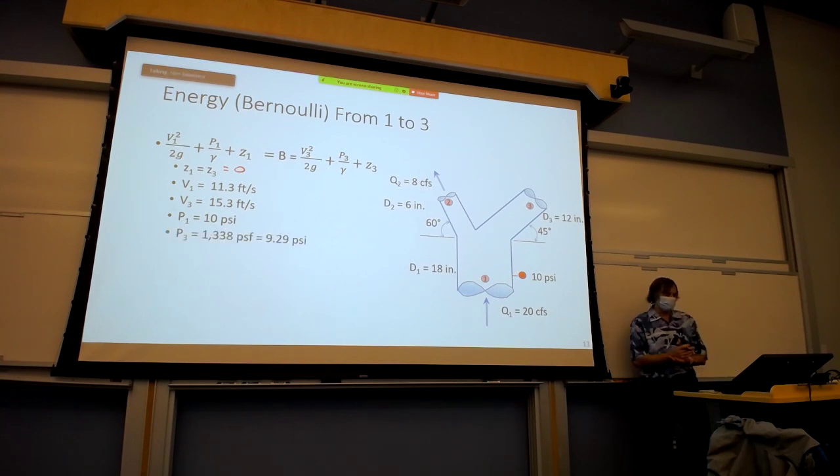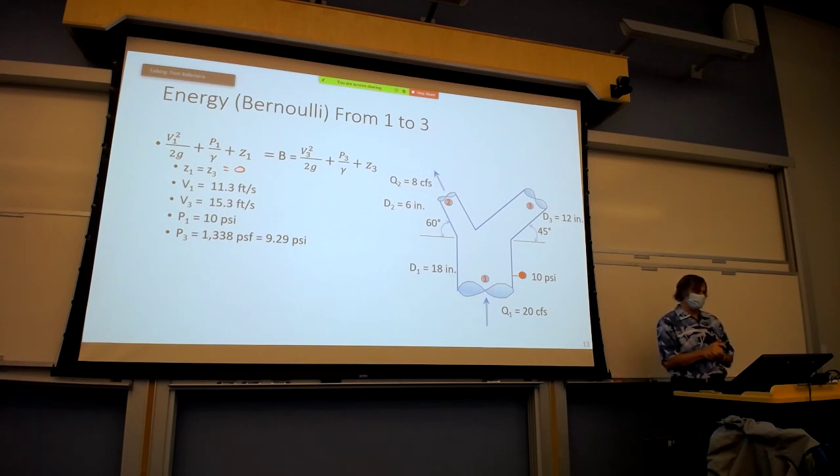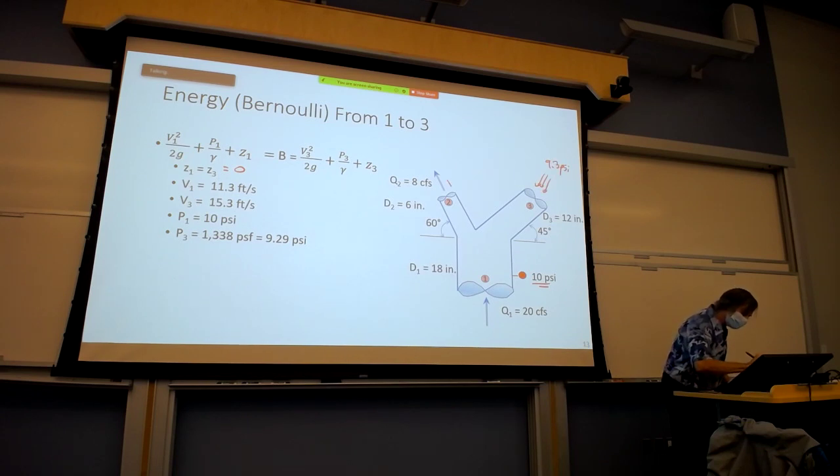And we would solve that P3 is 1338 pounds per square foot, which is 9.3 psi. So I just want to reiterate, 0.31 psi when you draw it like that, and when you draw it like this, it's minus 0.31